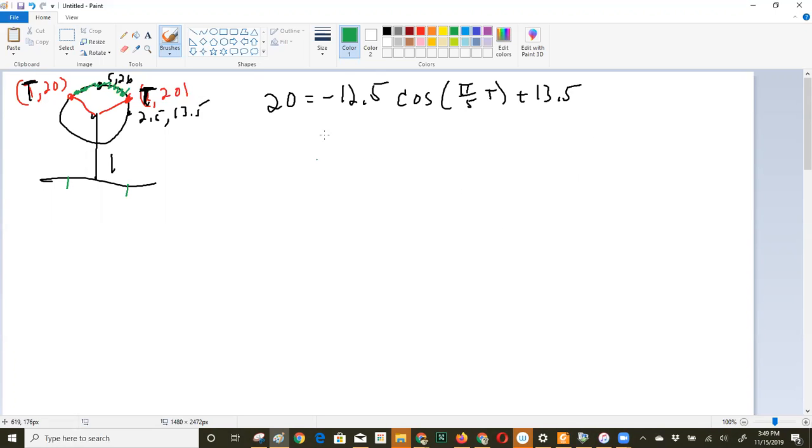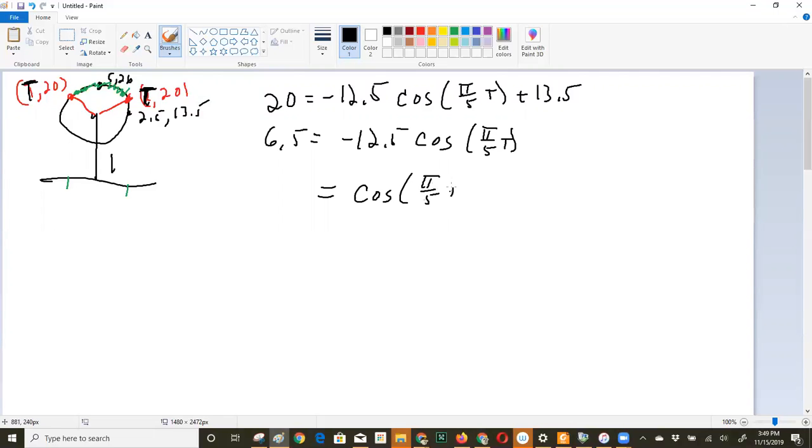So I'm going to subtract 13.5 from both sides. And I think that leaves me 6.5 equals negative 12.5 times the cosine of pi over 5 t. And then I divide by negative 12.5. I know how to divide 6.5 by negative 12.5. My calculator gives me negative